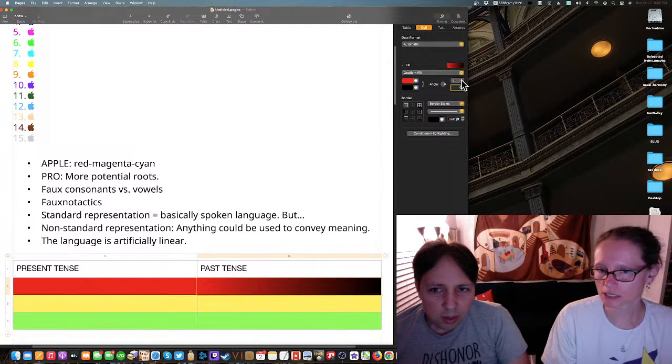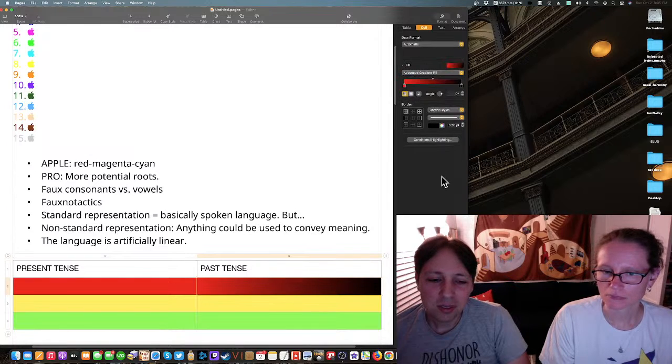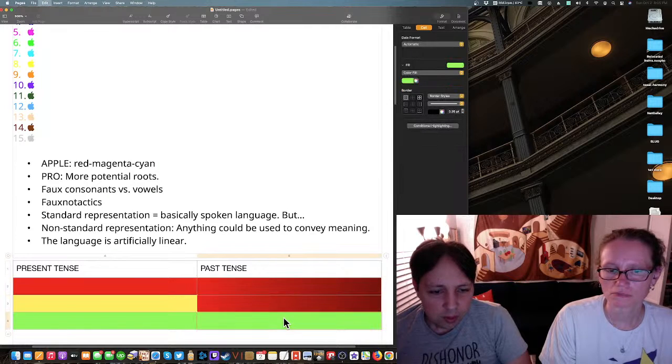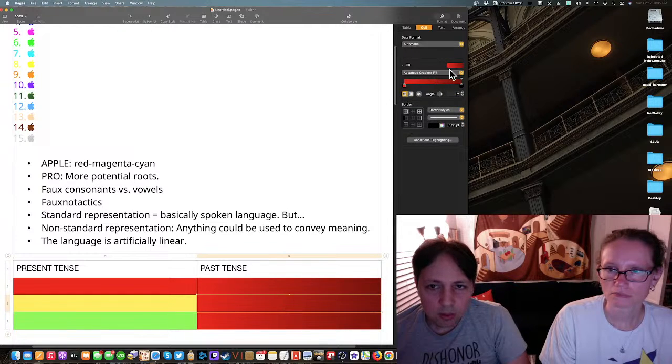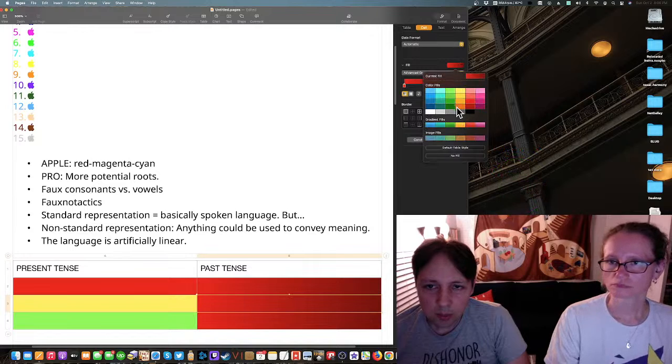What do you want it to do? Because it's not doing anything. Yeah, it's not doing anything. No, I guess I wanted advanced gradient fill because this is what I wanted. Okay, I'm going to do this, and then just choose the same colors. I think I got to go up here.